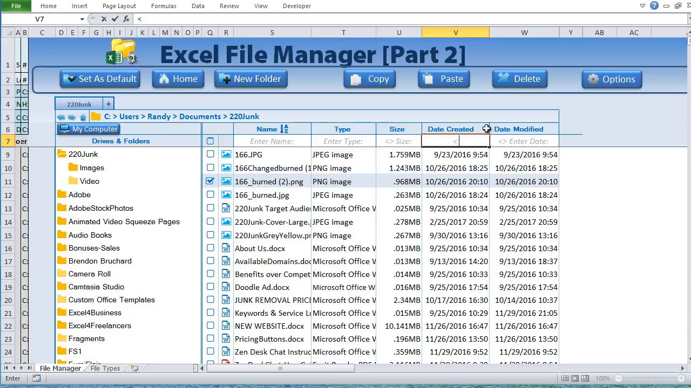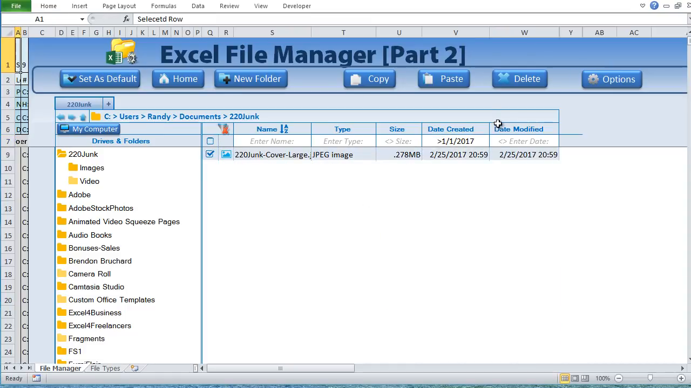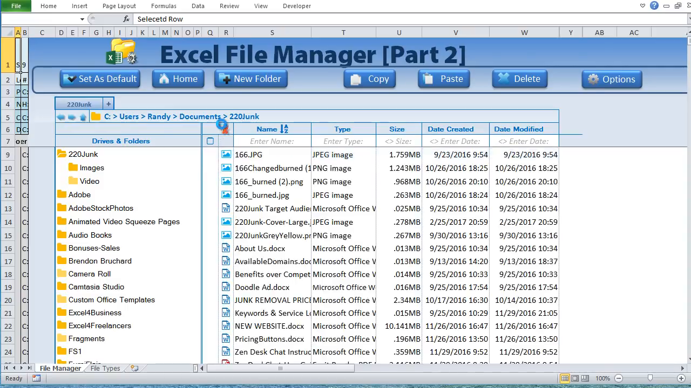So for example, if we were to filter by under a specific date, we could do 1/1/2017, and all of the files created before that date would show up. Or if we did something like greater than, it would pull up only the files that were created after the date we put in. So that's a really, really helpful filter feature as well, and we can use that through up to all 5